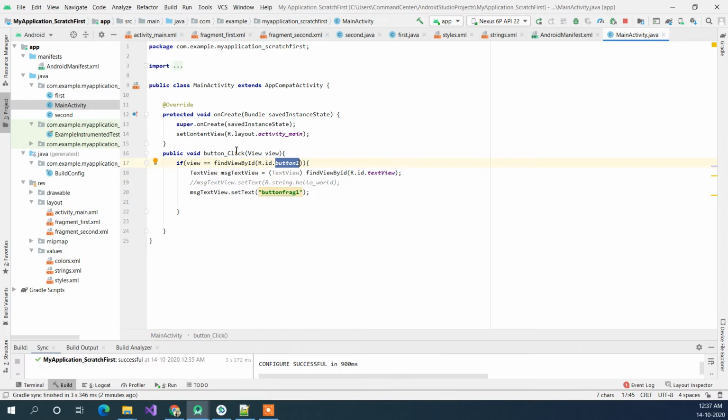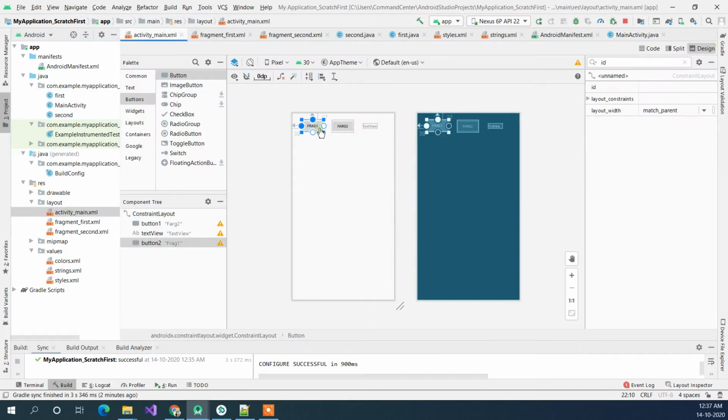Before moving to this, let's copy the button click here and go to the main activity, and assign a click event for this as well, so that we can manipulate it. So the button click is going to be there, and the button click is also inside here. The second will be our button 1, and button 2 will be our first one.